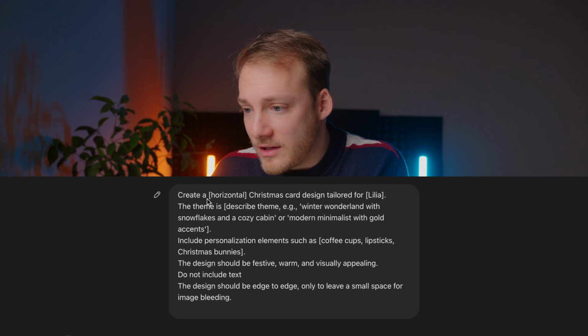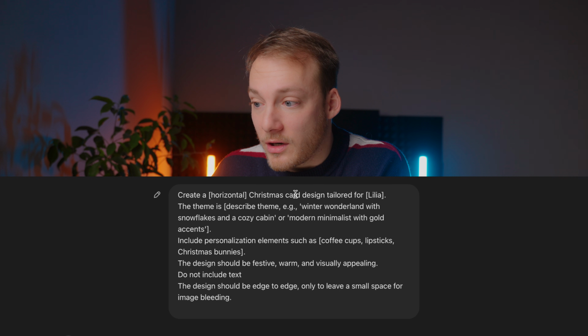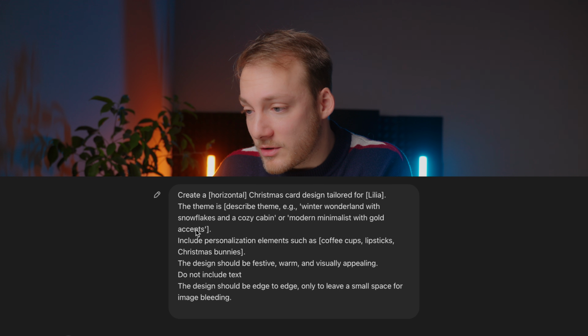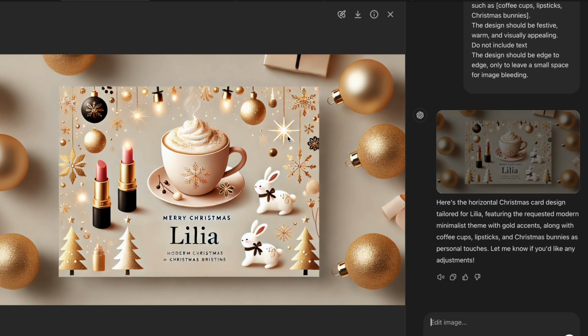And this image actually looks pretty nice, but let me show you what to do when ChatGPT doesn't listen. I also tried it this way, and I said, create a horizontal Christmas card tailored for Lilia, exactly the same stuff, and then this was created. When we look at this image, we see a lot of text. I do like everything else on the image. I don't really like this text over here, and well, this part I think we can cut off